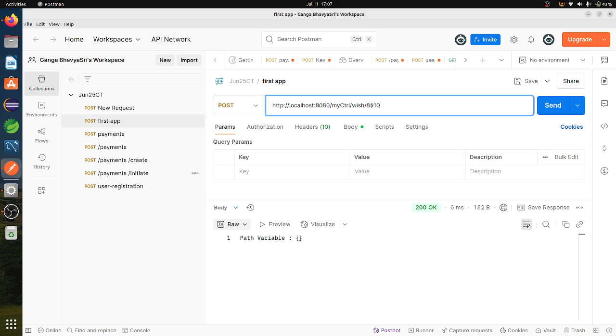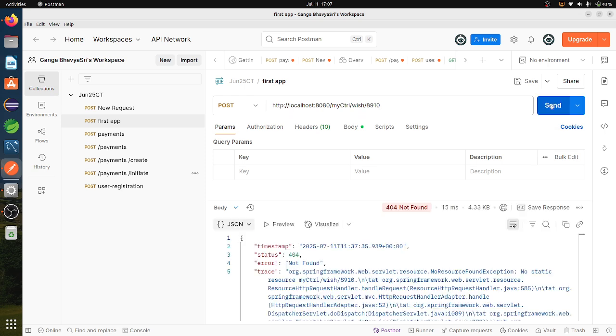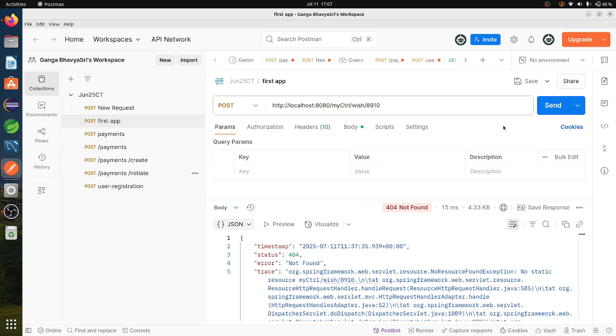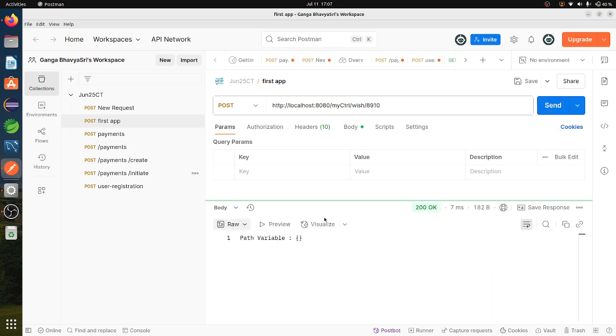So for example, if I pass something like this, again I have to say this one. So in this way it is giving me the path variable.